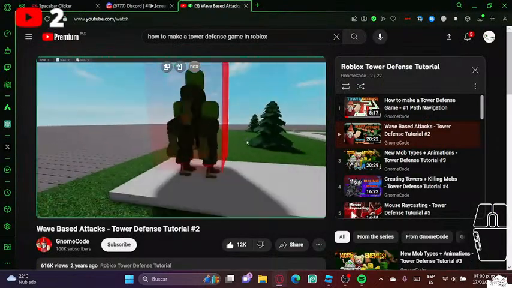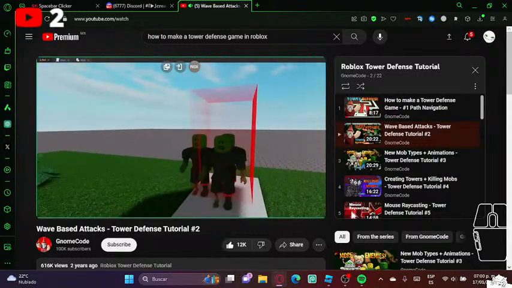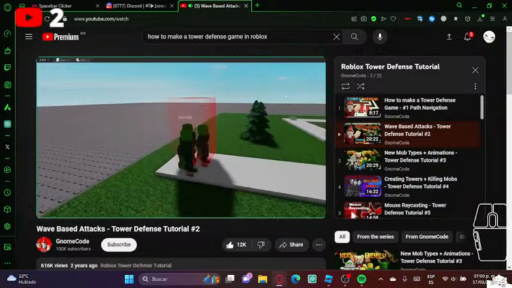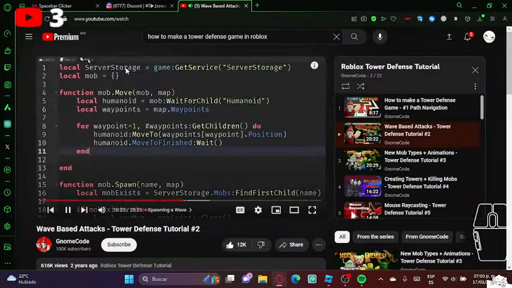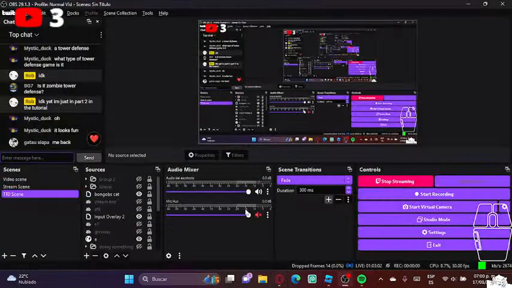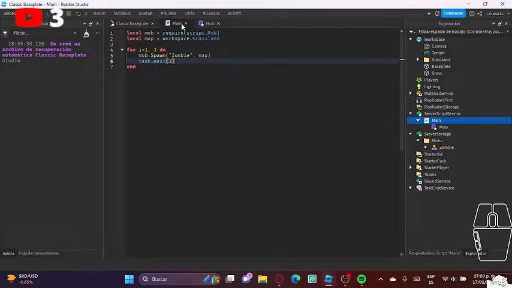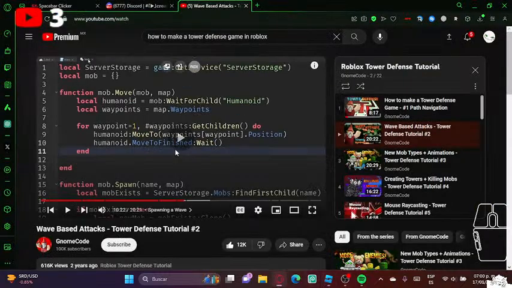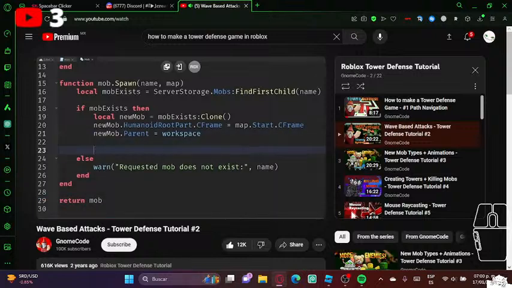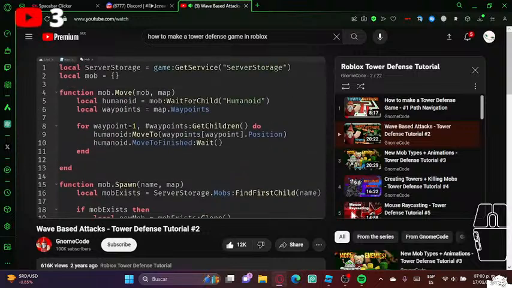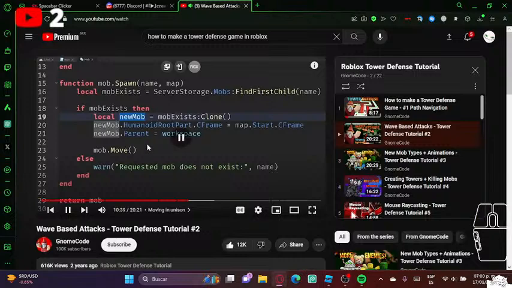And we're going to see zombie spawn in, a second one and the third one, and they all spawn in at the same spot. But we need to tell them to move, don't we? So back in our mob module script, and after we've spawned them in, we can then call this move function. So after we've done this, we're going to say mob.move, and the parameters are the mob, which in this case is this new mob that we